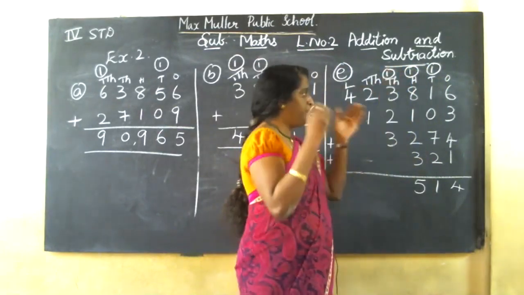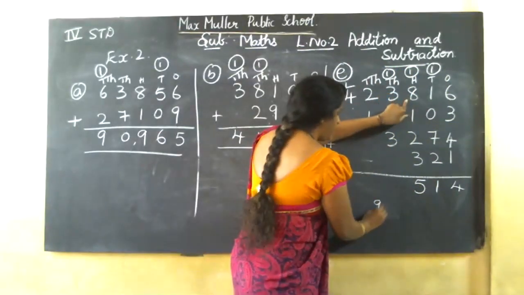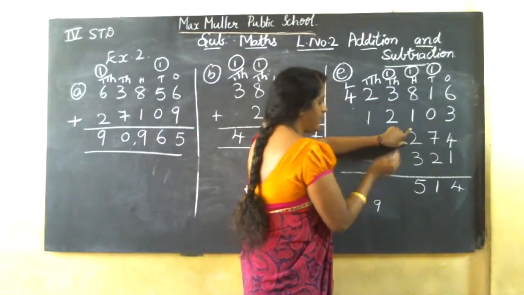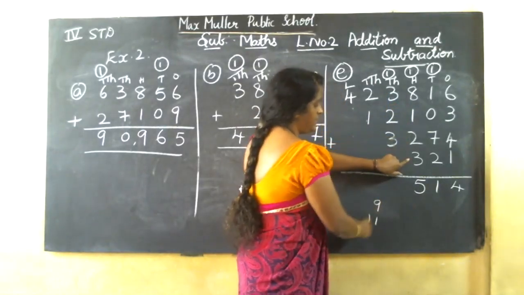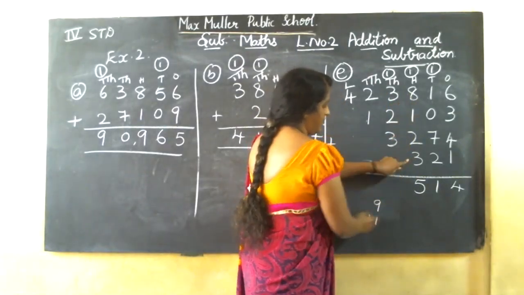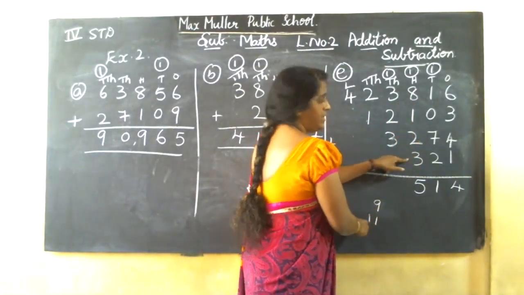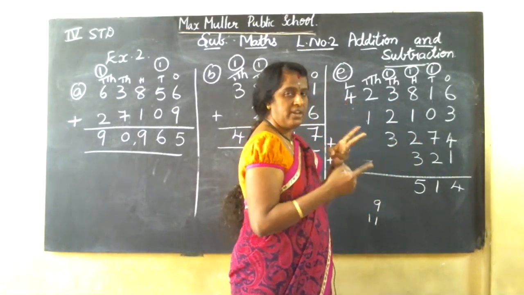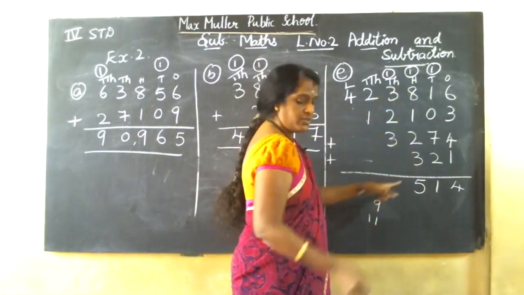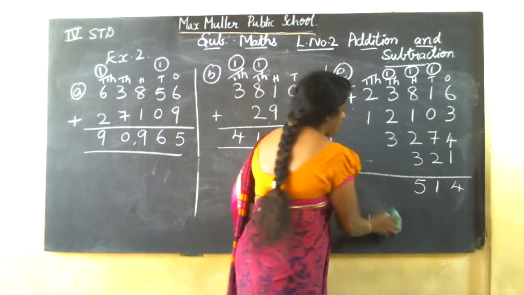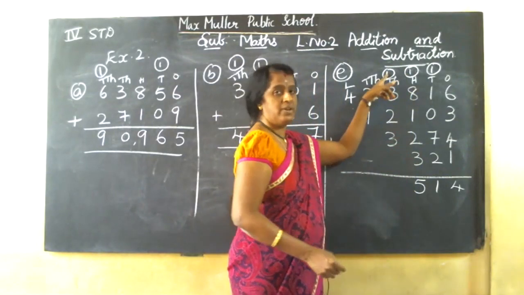You should keep where you are counting. If you want, you can write, see, 8 plus 1, 9. 9 plus 2, 9 afterwards, 10, 11. 11 plus 3, see, when I count this, I got 9. 9 afterwards, 10, 11. 11 in the mind, 3 on my finger, after 11, 12, 13, 14, plus 1, 15. So I wrote 15, 5 here, in hundreds place, thousands place, 1 carry.